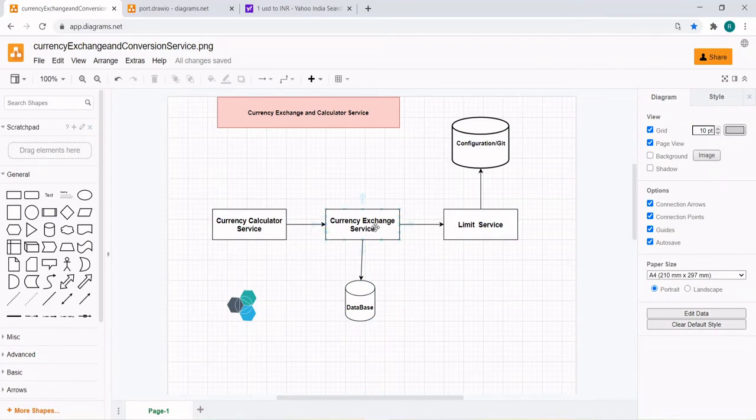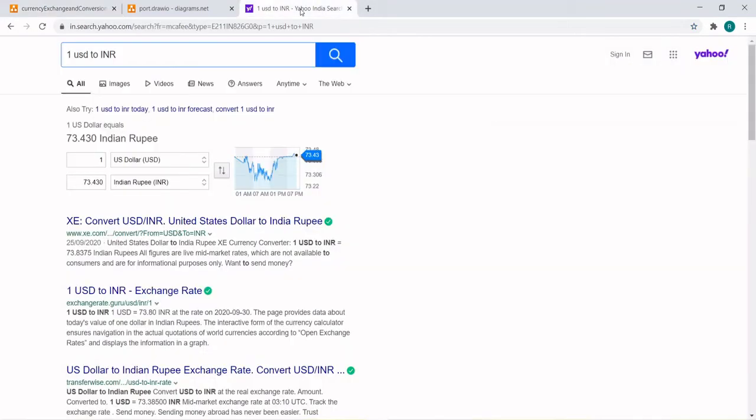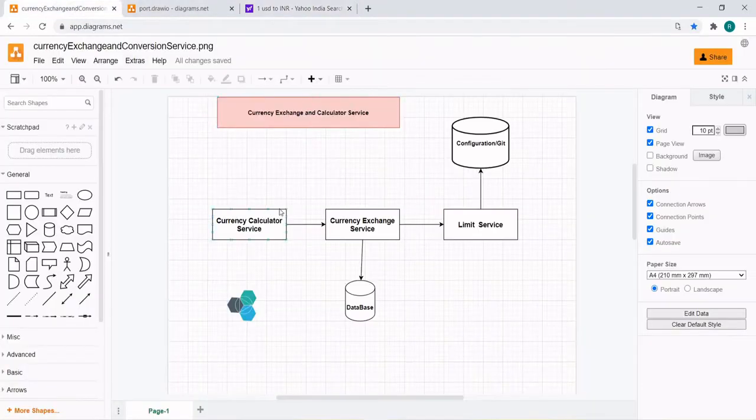In the case of USD to INR, the from currency is USD and the to currency is INR, and the database will give you the currency conversion rate, which is 73.